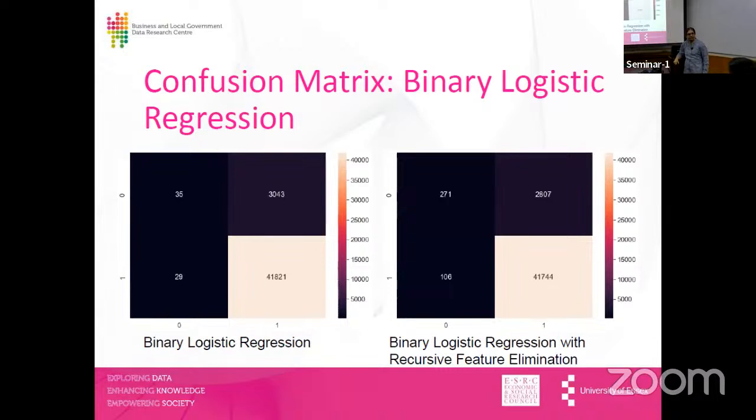So what I did was, I applied a feature selection technique. I said, I don't want all these 57 categories. Use only those categories which are relevant. You select the variables whichever are relevant. So binary logistic regression with recursive feature elimination. This is what we call in econometrics the parsimonious model. Compared to the first one, this is a parsimonious model. It has fewer features. And the predictive power is better for unemployed and worse for employed. Compared to this,